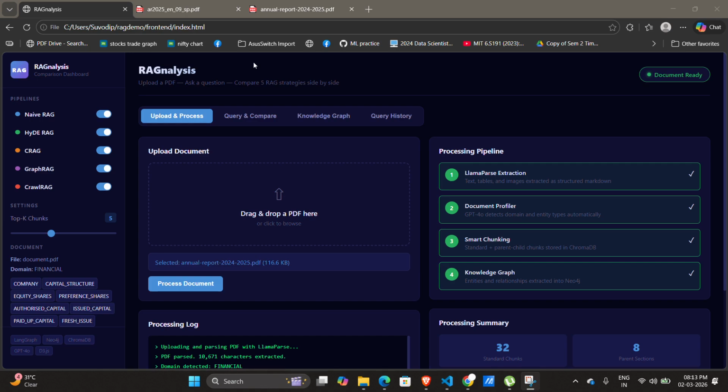Hi. So this is a demo of a RAG based dashboard, which is called RAGnalysis. And what it does is it actually compares the various RAG in terms of how the output looks like. Overall, a comparative analysis of